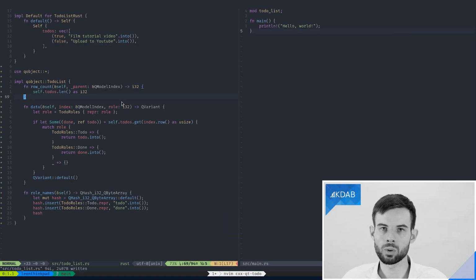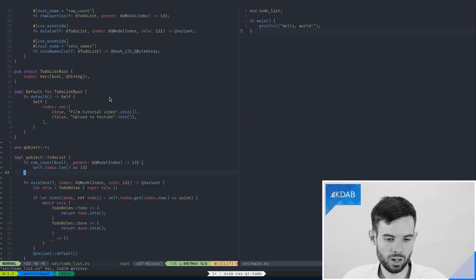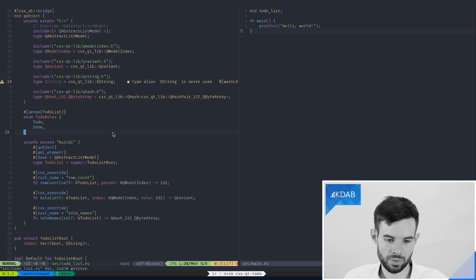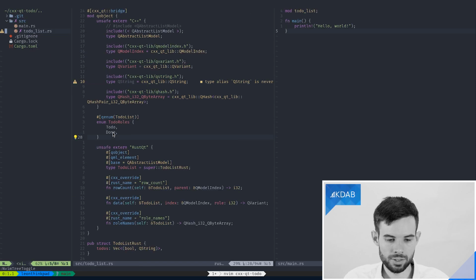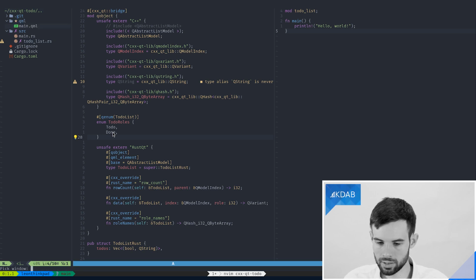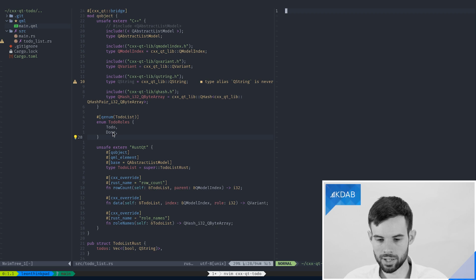After we've implemented the role names function, now all our errors in our bridge clear up, apart from maybe some unused types that we'll need later. And this now means we're already ready to start adding our QML GUI. So this is very similar to how we did it the last time. So we'll again add our main.qml file, and then we can start implementing.